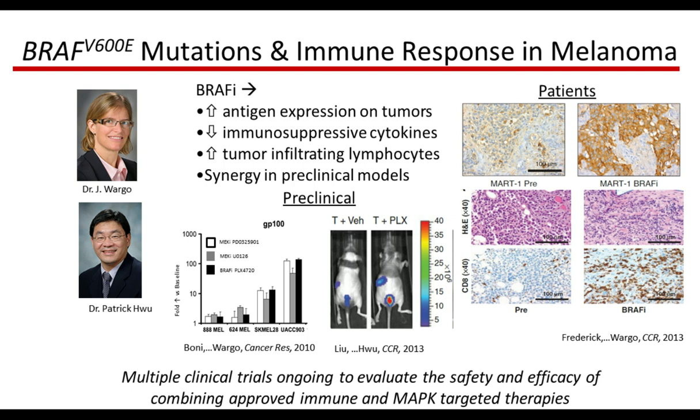And again, Dr. Wargo and also investigators in Australia have shown in biopsies of BRAF mutant patients collected before the start of treatment and after 1 to 2 weeks of treatment that in metastatic melanoma patients treated with BRAF inhibitors and BRAF-MEK combination, we see with targeted therapy an upregulation of melanocytic antigens like MART1, as shown in the very top panel, and perhaps just as critically, shown in the lower panel, a massive influx of CD8-positive T cells into tumors.